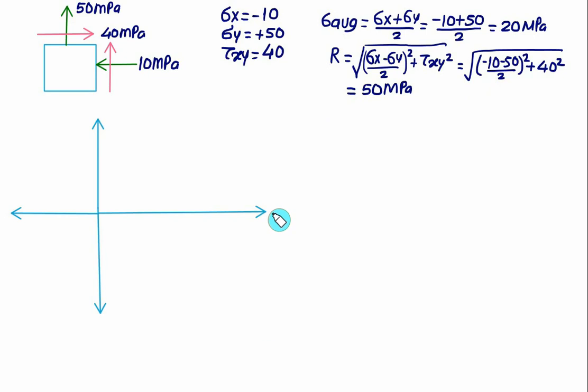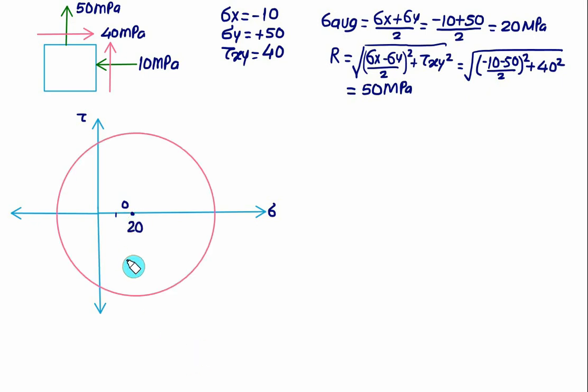So this one is a sigma value, that is the normal stress. This one is a shear stress, and we have center at 20 megapascals. So approximately here we have sigma average equal to 20. This one is same as our point O. So O represents the center at sigma equal to 20, and we have radius of the Mohr circle is equal